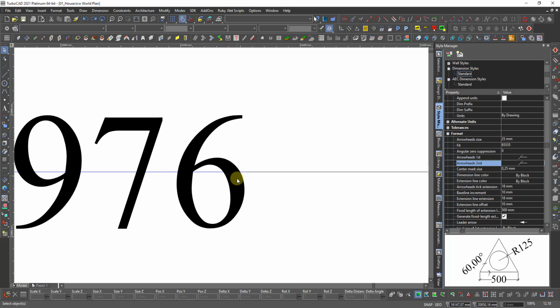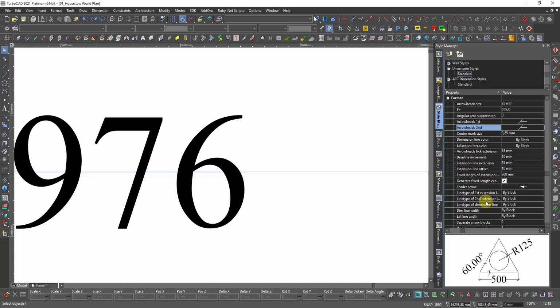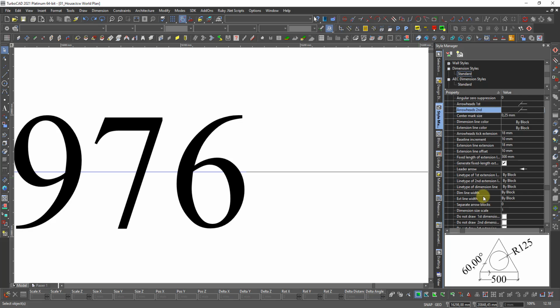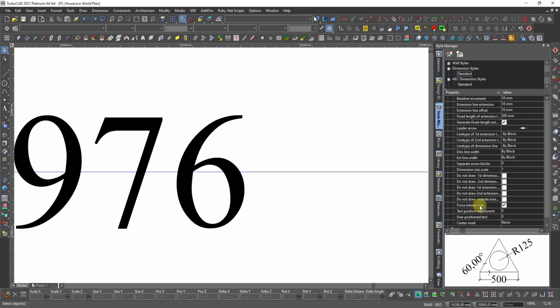This gap thing, I want to have a little bit bigger. There is a gap someplace. Extension line offset, can fix it length, leave the arrow. Separate arrow block, dimensions scale is found. Outside,